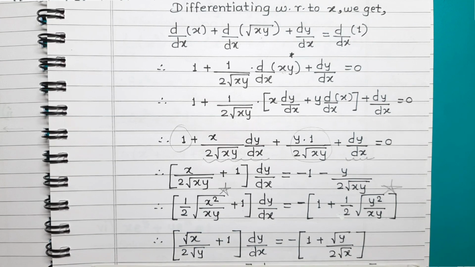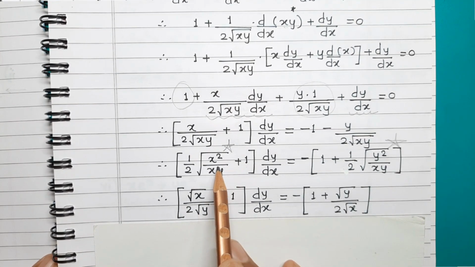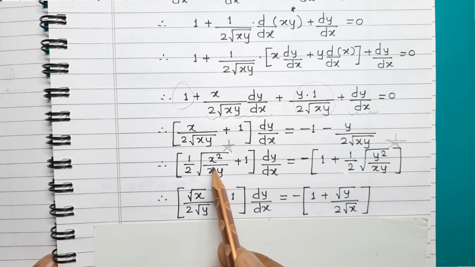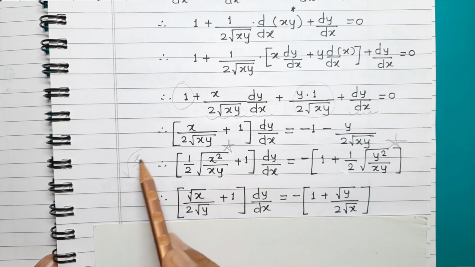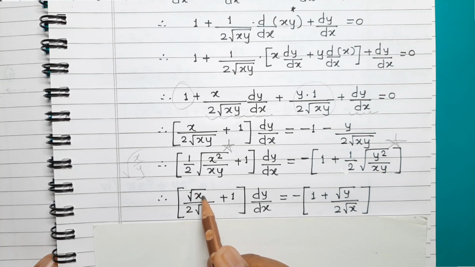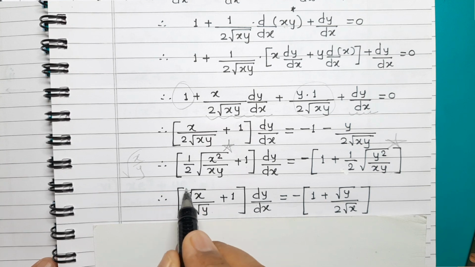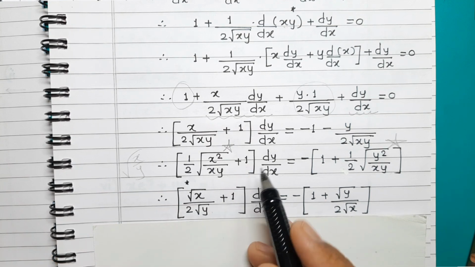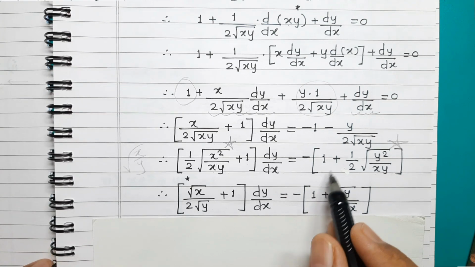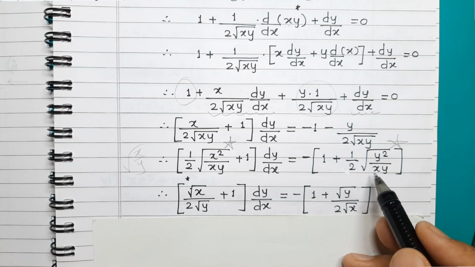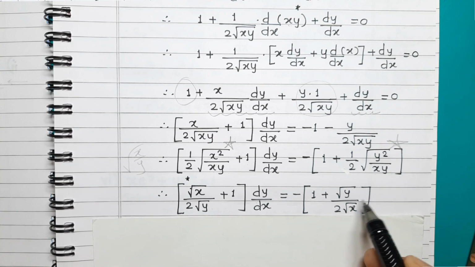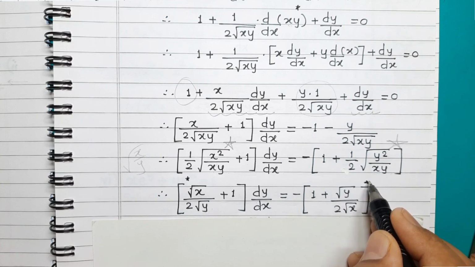Then to the next step, here you see cancel this x, so this x and x get cancelled and we have root of x upon y, and then separating these roots we will get root of x upon 2 root y. So you note this here properly. Okay, you note this step. Then see, plus 1 as it is into dy by dx is equal to minus of 1 as it is. Here again cancelling this y, we have root of y upon x, and separating those roots we get root y upon 2 root x. So again you note this step here.